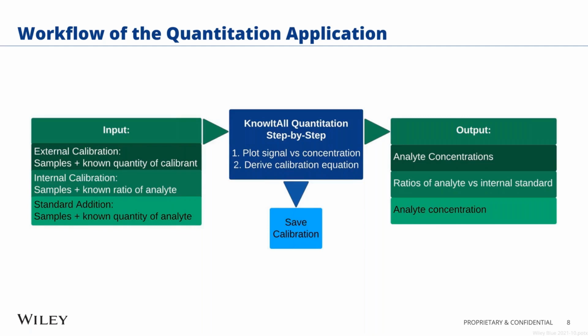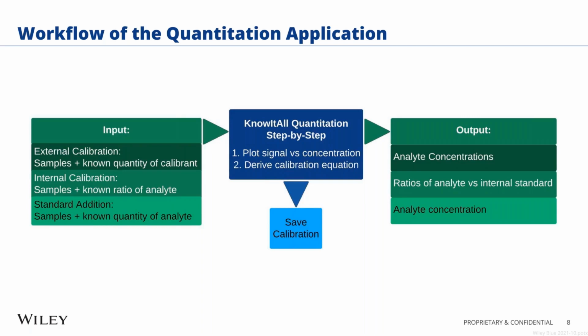It plots the signal versus the concentration. In step 2, it derives a calibration equation. You can save that calibration, but at the end, you are given an output. So if your input is external calibration, samples, and known quantity of calibrant, the output of the software is going